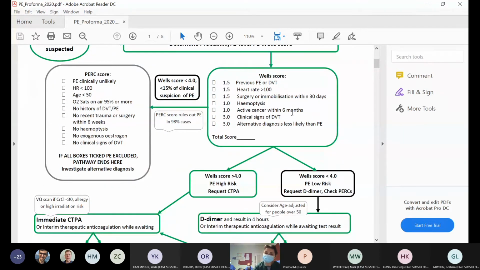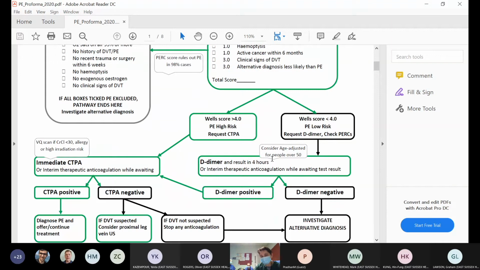So the Wells score, otherwise, if you're still worried and you're thinking about PE, you're doing the Wells score and stratifying: is it below 4, D-dimer; if it's above 4, you go to the CTPA. Normally we won't be able to get CTPA in the 4 hours. It's impossible. So if you are requesting CTPA, you have to think about treatment dose Clexane, or you have a committed radiologist telling you, I'll do it in 15 minutes for you. It's fine, but make sure you give anticoagulation treatment if you're requesting CTPA, or if the D-dimer is positive and you're